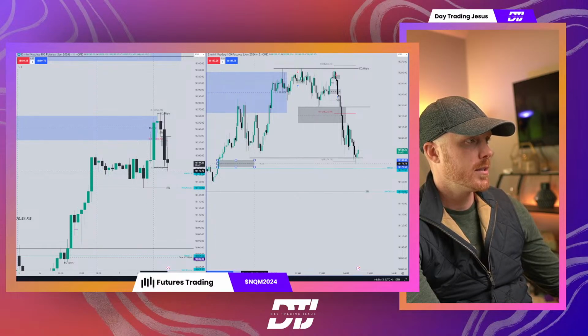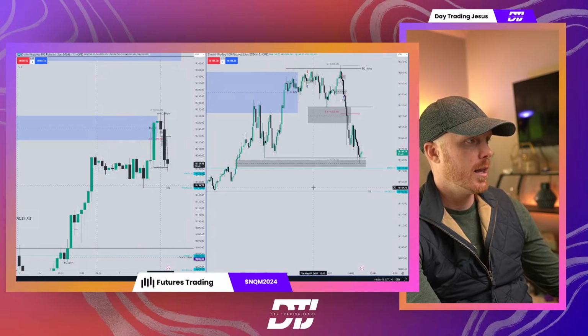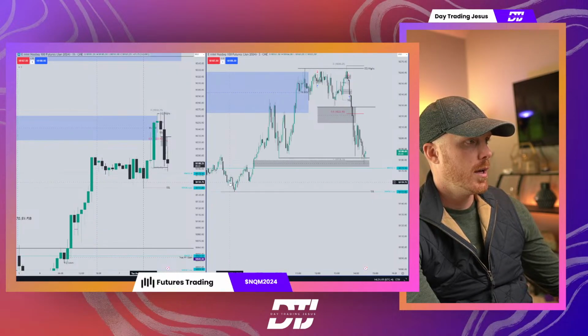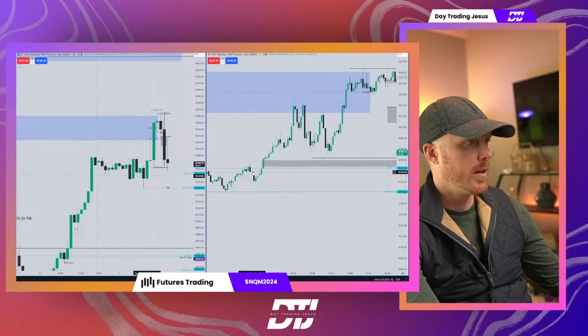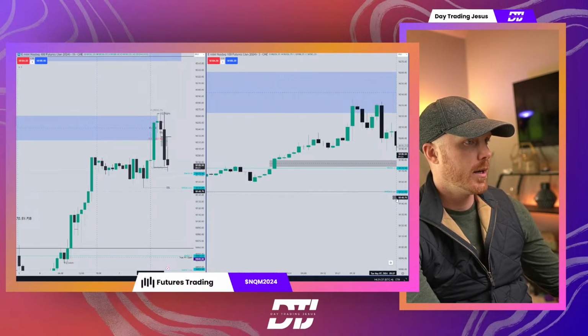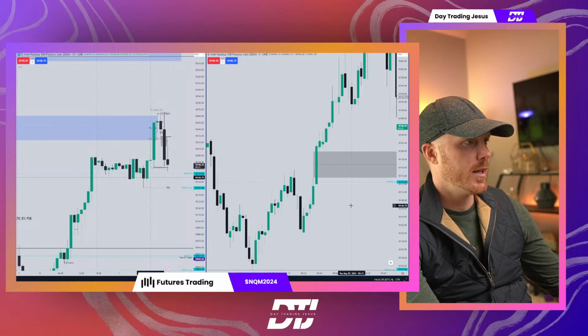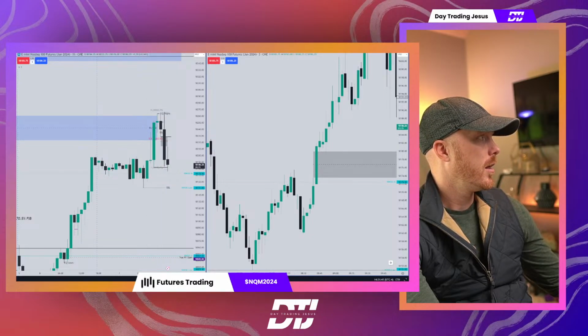So we got this fair value gap, and then we also have a very tiny breaker. Nothing of major significance. I wouldn't put much weight into it, but it's right there. So we have a low, a high, and a lower low. So this candle right there would be the breaker. Let's just see. I'm curious to see if that